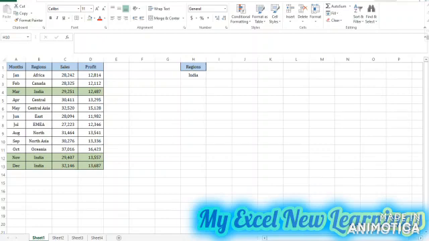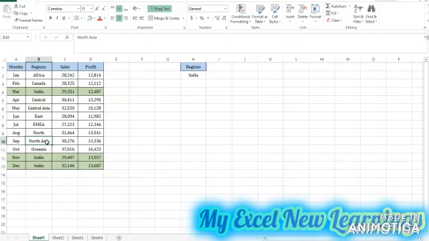Today in this video we will see advanced filter options. Here I have some data and this is my criteria. I want to filter the data for region India and copy and paste it. When we use a basic filter, we have to filter it in place, then copy and paste the data to another location. But by using the advanced filter, it will sort out as per your criteria and paste it to the location where we want. So we will see how the advanced filter works.